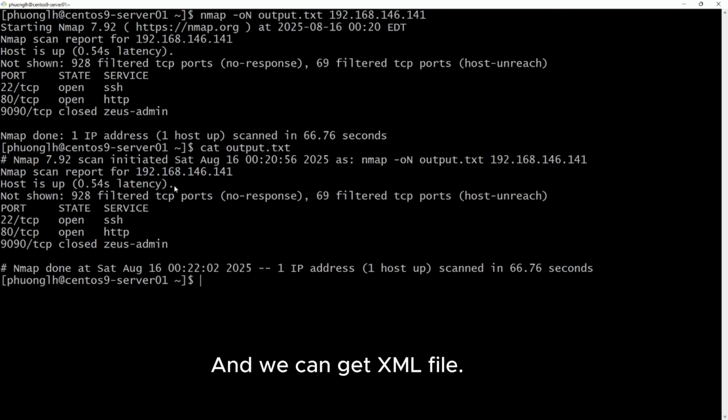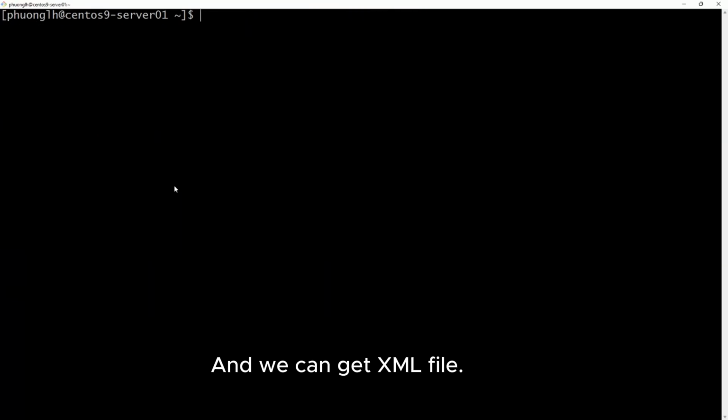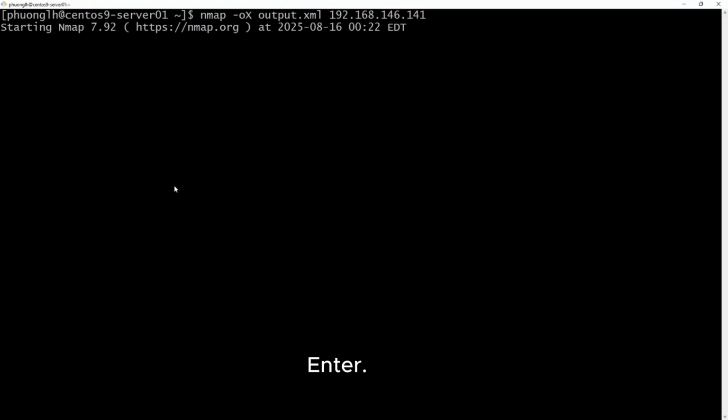Okay, and we can get an XML file. Enter.